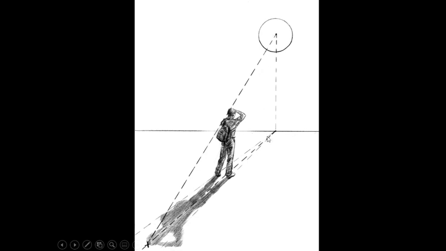But all of this light source stuff happens after you work out your linear perspective. But what's going on here, and this is the case when you are using a heavenly body as your light source, so that's pretty much the sun, or if you're doing a nighttime scene with a full moon in it, you could have actual moon shadows being cast. But anytime your light source is in the sky,